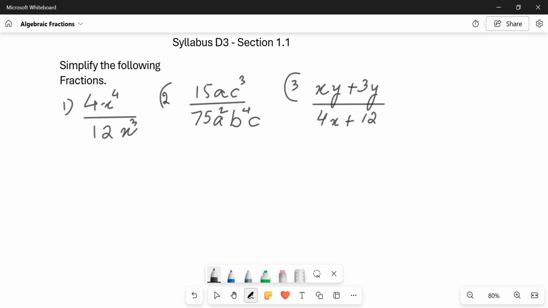Everyone. In this video, we will learn how to simplify fractions. In our primary classes, or you can say elementary classes, we know how to reduce a fraction into its lowest terms. So before solving these questions, because we have here the coefficient, a base, and variables and their